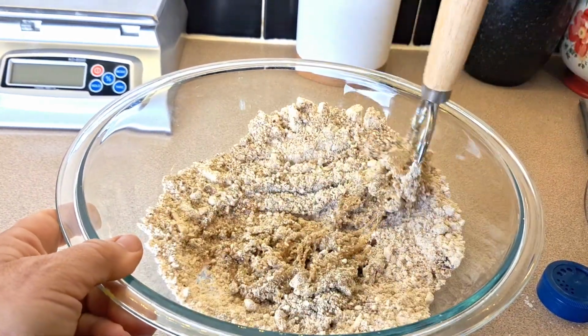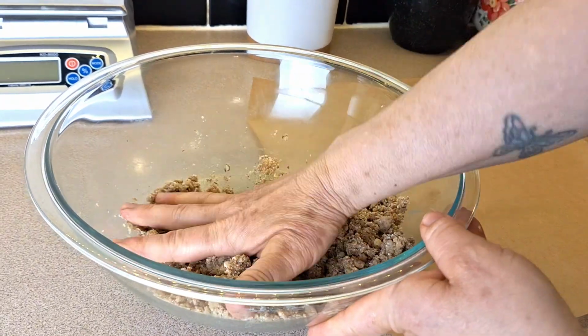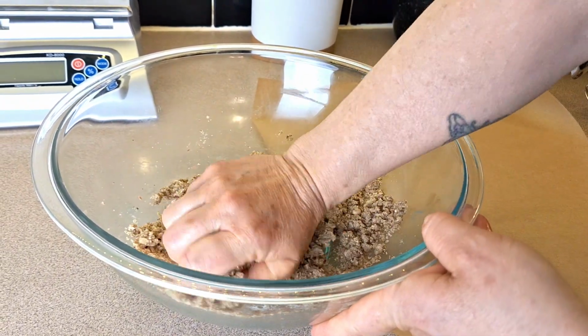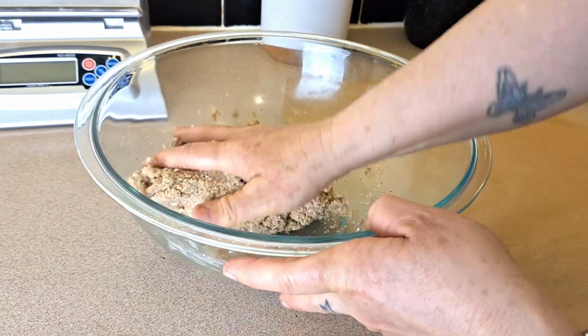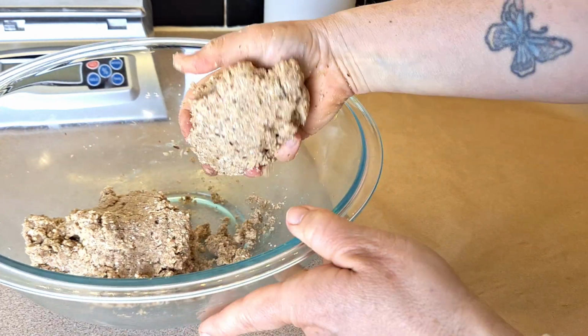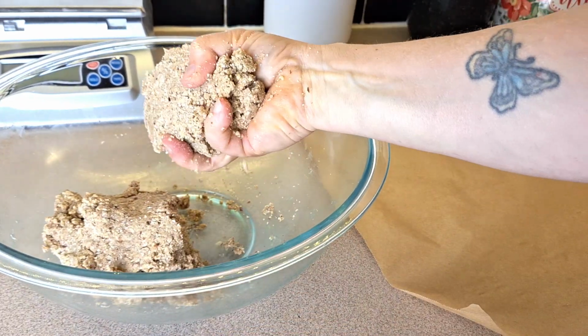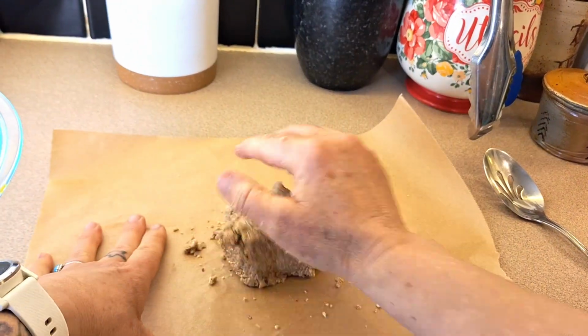It's a pretty dry dough, so if your dough whisk or spoon isn't working, feel free to use your hands, and you just want to combine everything nicely and then form it into a dough ball. Depending on the size of your work surface, you may need to work in batches, so I split mine in half. And we'll just place that dough in between 2 sheets of parchment paper, and then we're going to roll